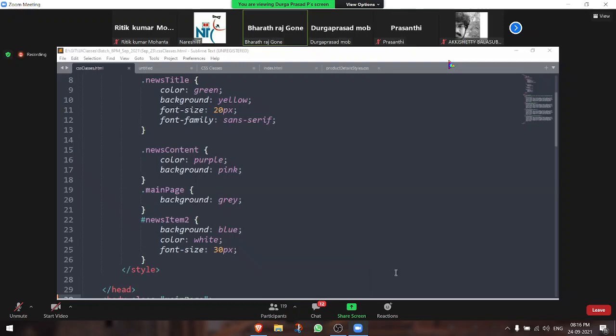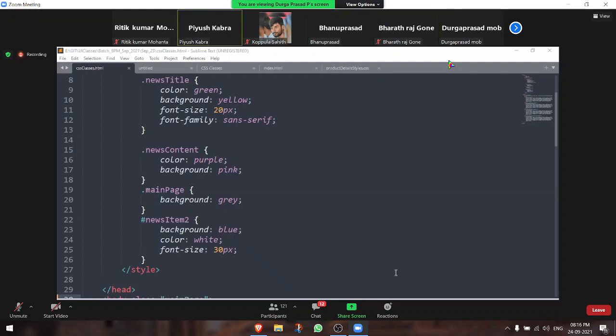There are three ways: we have seen inline CSS, we have seen class-based CSS, and we have seen ID-based CSS. Now, what is another way of defining CSS?